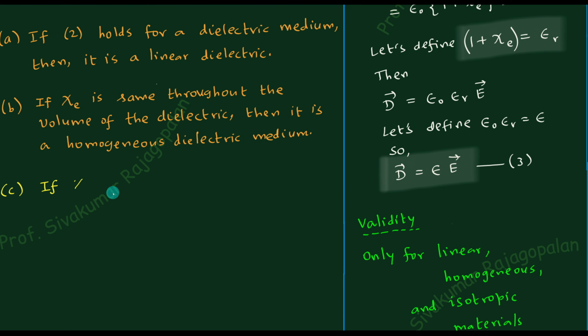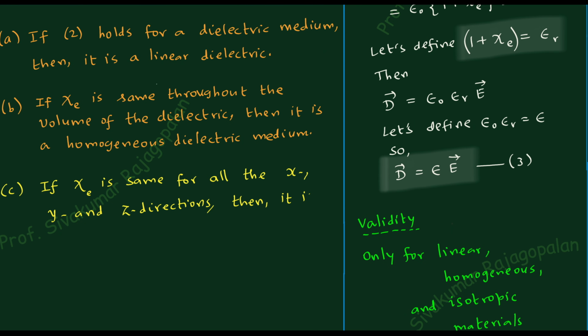Okay, this being the background information that you will be having, let me therefore write down what we mean by an isotropic dielectric material. If your value of the chi is going to be the same for all directions, let me write down x direction, y direction, z direction. If they are all the same, then we will give it the name isotropic dielectric. So the definition is simple. If it is independent of direction, isotropic.